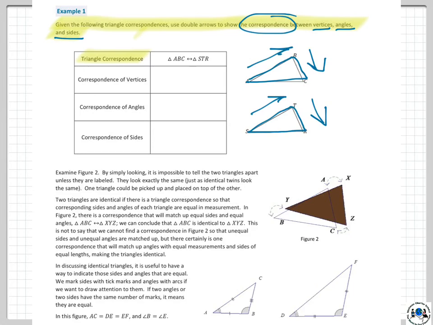Right here, you're going to start off with the correspondence of the vertices. How do the vertices match up, and so on. So do a complete job. For example, we need a correspondence for A, B, and C. It's going to look like that. Then you're going to match those up, and this should not be difficult because, like I said, it is a pretty basic one. So go ahead and do that, and do that for the angles, and then the